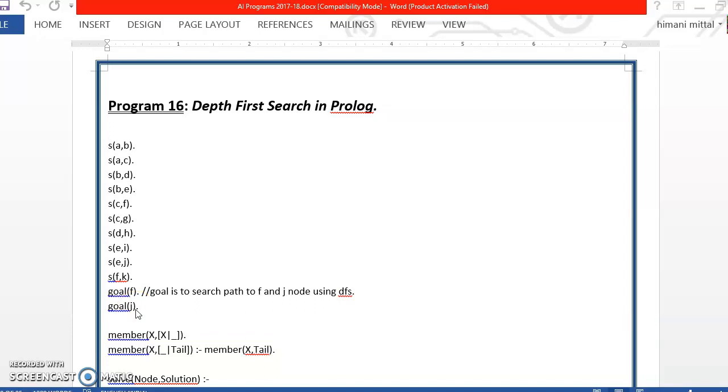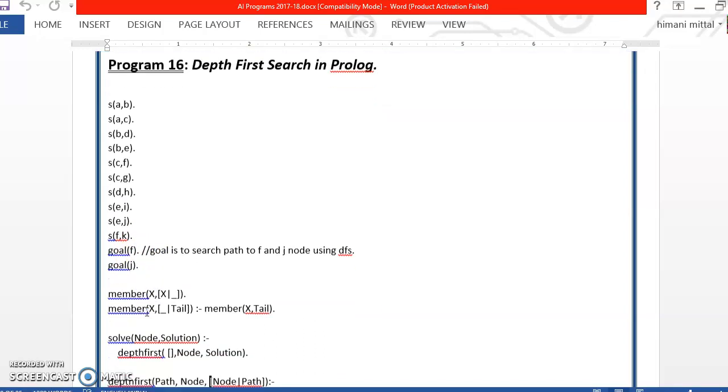So if in a graph we are trying to find the goal node, in our case F and J are the goal nodes. So what we want is, when we are searching in this graph, we will stop when we find either F or J. Till the time F or J is not visited, we will keep on traversing the graph, or we will visit all the nodes and exhaust the nodes that we can visit further.